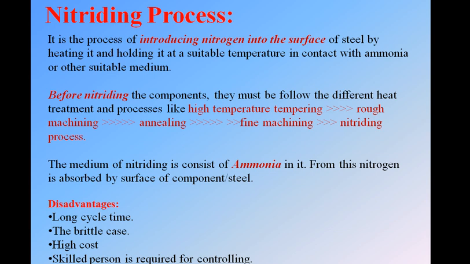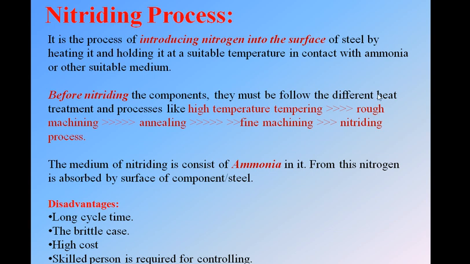As we know, we get the carbon from charcoal, coke, from methane, ethane, butane, from sodium cyanide. Here, nitrogen can also be formed, or we can get the nitrogen from ammonia. The chemical formula of ammonia is NH3. That N means nitrogen. From that we can take the nitrogen and put it on the surface of the material. We have the nitriding process, but this process requires a long time period, because before nitriding,